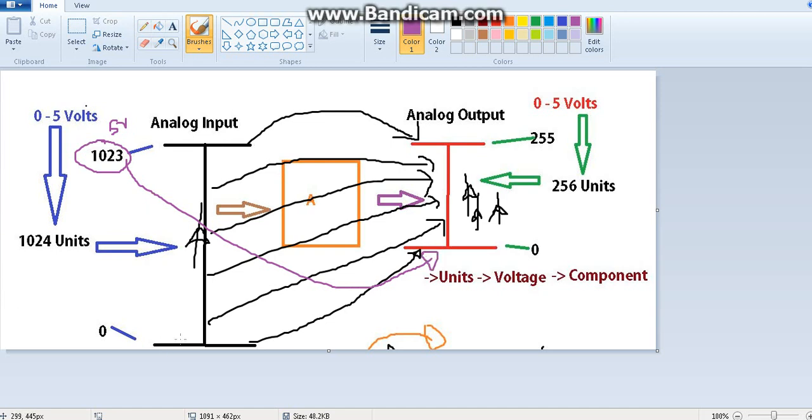Likewise, if you are at the minimum point, the 0th point of input, the output should be at its best and the brightness should be highest, 255. So this should go to here. So inversion: earlier 0 went to 0, and 1023 went to 1023. You see the black path. Now look at the purple path: 0 should go to 255, the maximum, and 1023 should go to 0, the minimum. That means the opposite way.